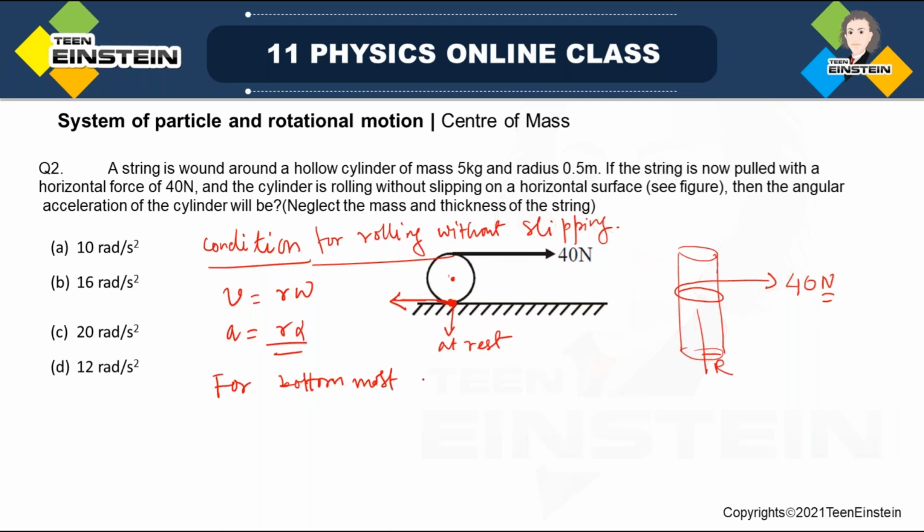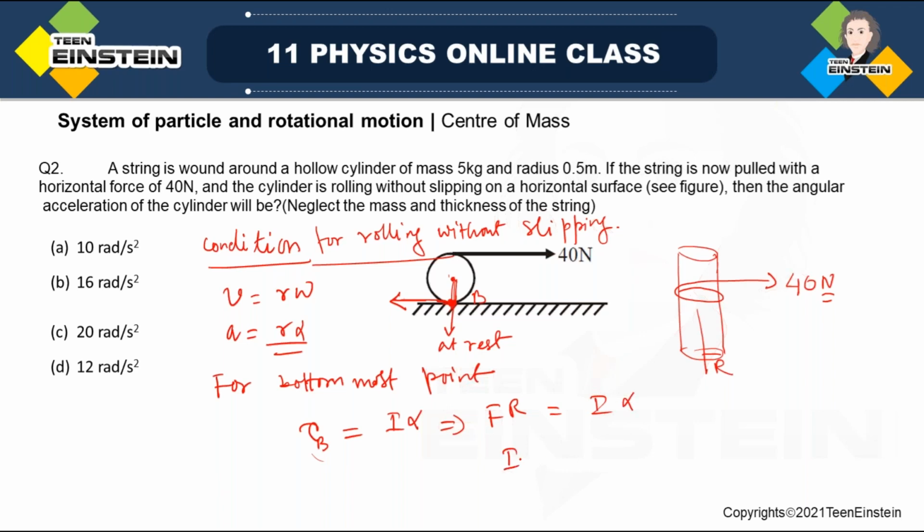Let us say this point is B; the torque at B will be equal to I alpha. We can calculate the torque about this point, and from there you will get the alpha value. What is the torque? Torque is force times the radius of this cylinder. So I can write F into R is equal to I alpha,